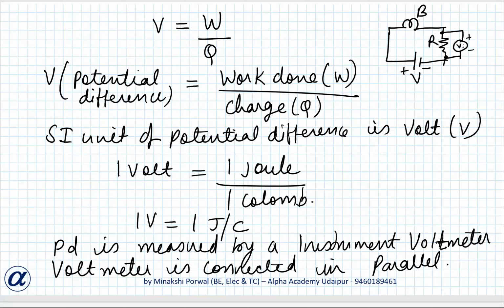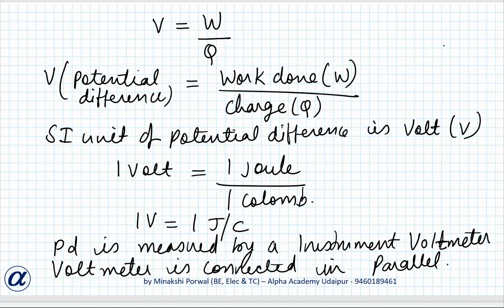Okay, voltmeter. This we can have any value, like 2 volt battery, 5 volt battery. Suppose this is fine. And series means when an ammeter is connected in series, one terminal of the ammeter is connected to the bulb, and the other terminal is connected to some other thing. This is called series connection. The other one is called parallel connection. So an ammeter is always connected in series and a voltmeter is always connected in parallel.